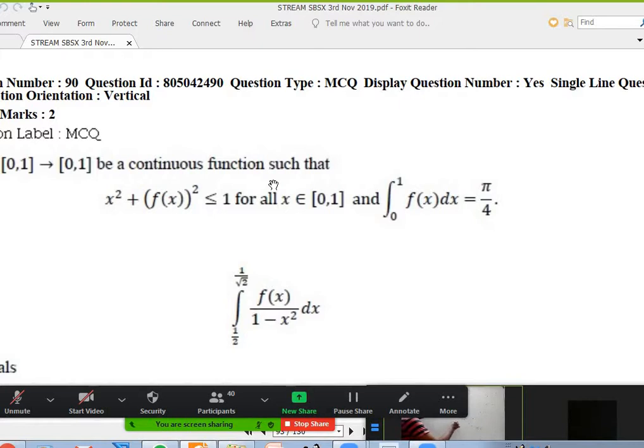x square plus f of x whole square is less than or equal to 1. No, I don't have very sophisticated equipment where I can make sure that the question is visible and I can write the solution here. I can make some arrangements, okay. But x square plus f of x whole square is less than or equal to 1. That is one thing given to us. Second thing that is given to us is